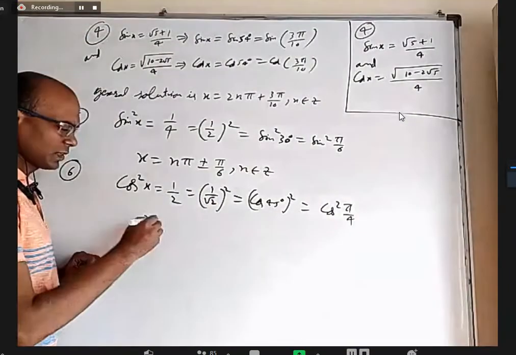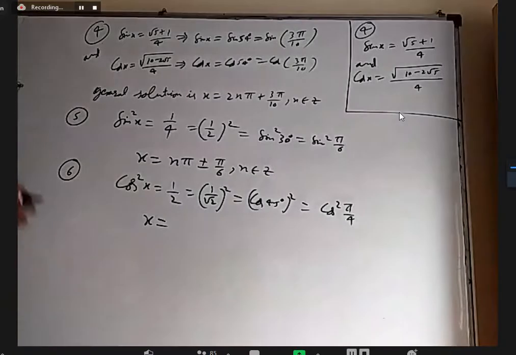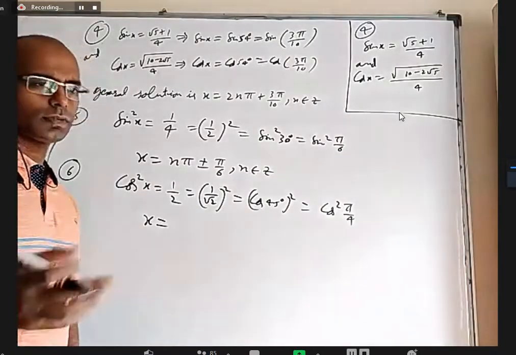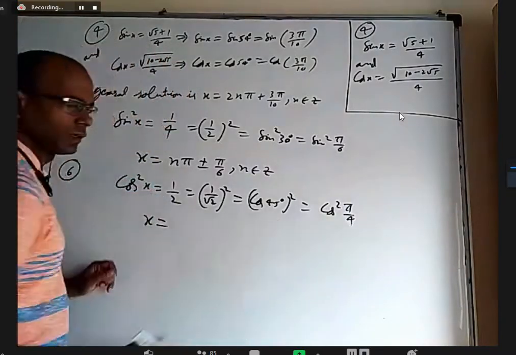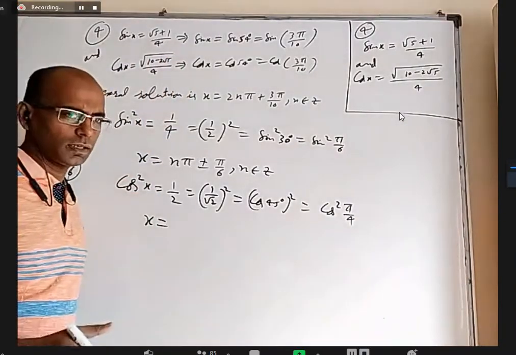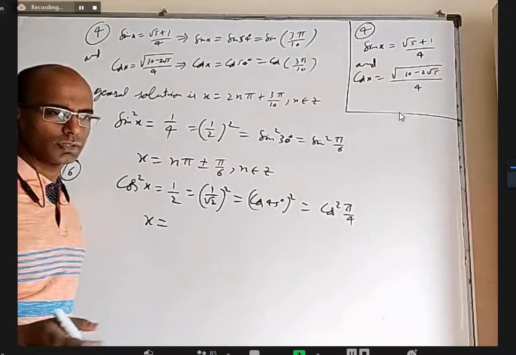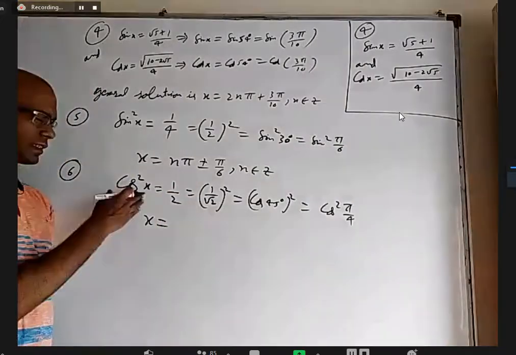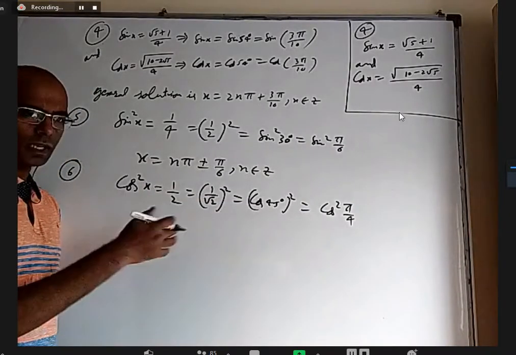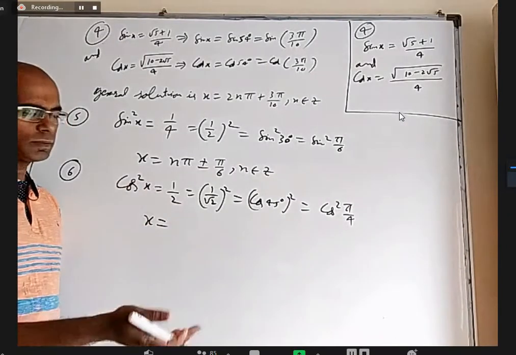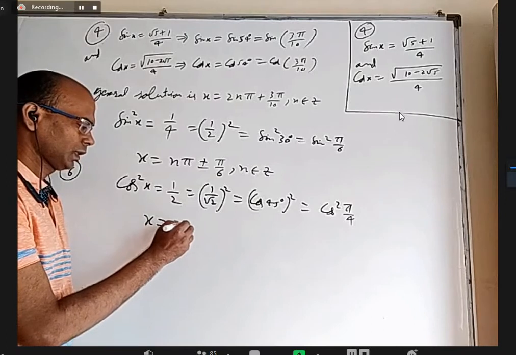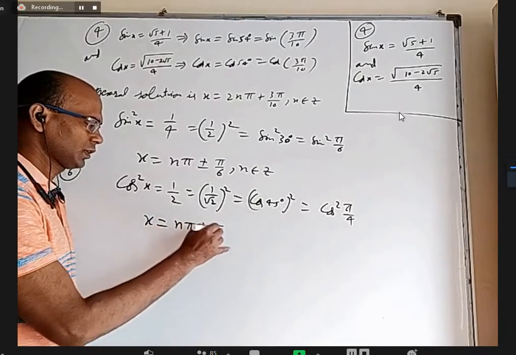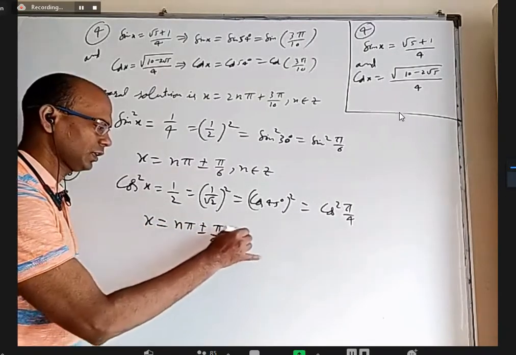As I said in the previous class, you don't have to memorize these formulas by heart. When you understand how they are derived, it is better. But you have to remember the formulas, of course, without getting confused. If you mechanically try to memorize by brute force, you'll get confused. If you understand in general what the solution is, plus pi by 4, minus pi by 4, pi plus pi by 4, pi minus pi by 4 is easier. So x is equal to n pi plus or minus pi by 4, where n belongs to Z.